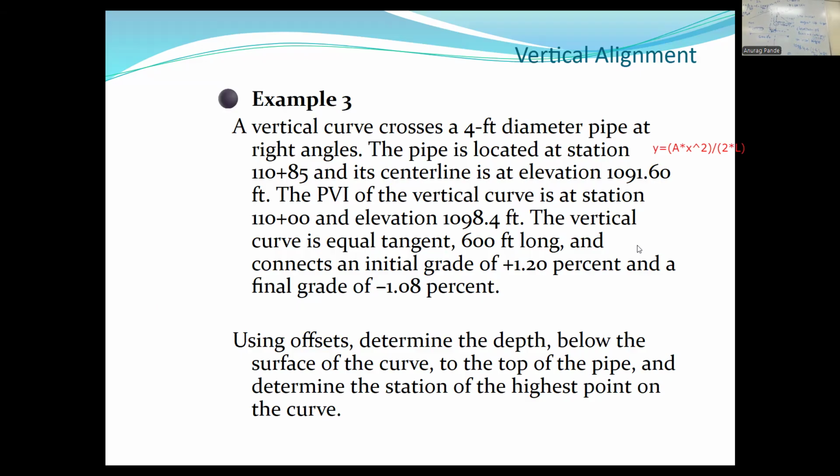What is that value? 1099.42, because I like 42, that's going to make my numbers look good. So 1099.42 feet, right? So it's going to be a little bit higher, which makes sense. So 1098.4 plus 1.2% slope and 85 feet of horizontal distance from the PVI. So basically, you're getting this number, and then you're going to reach here. And then once you know the elevation here,